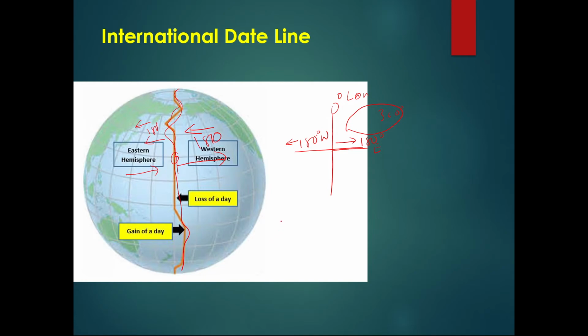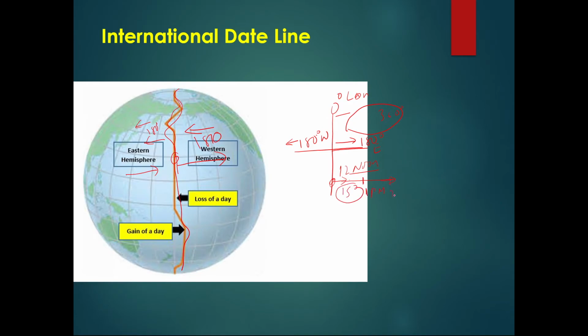Say if this is the prime meridian and it is at 0 degree, so if we go eastward, then time is getting advanced. Like if it is 12 noon on this prime meridian, and if we go further in this direction, then at the same time when it is 12 noon at the prime meridian, after a 15 degree traversal we will come to 1 p.m.